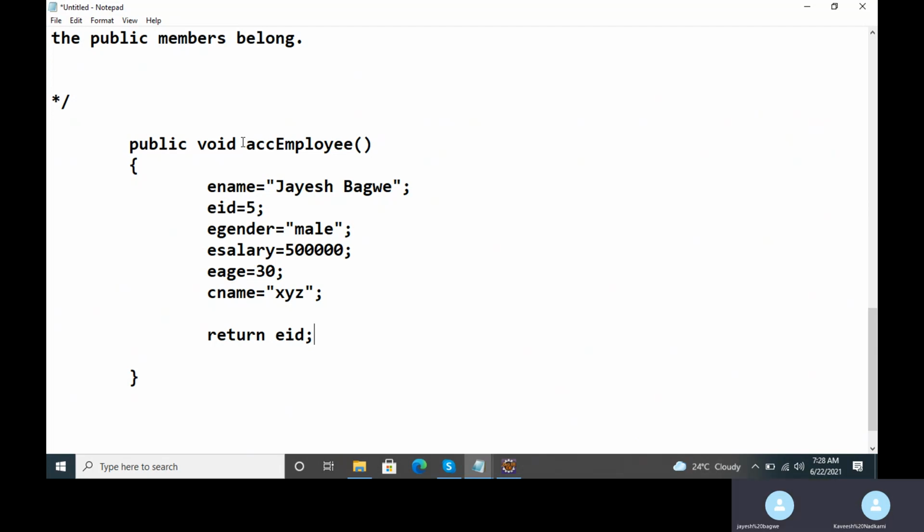Here if I had written return EID, you would get an error, because this function has return type void. So I will remove this return statement now.